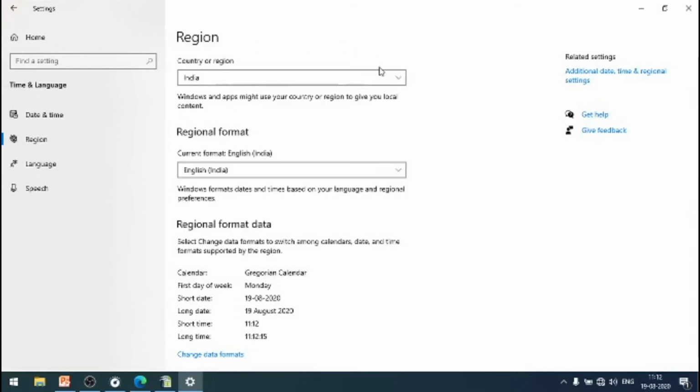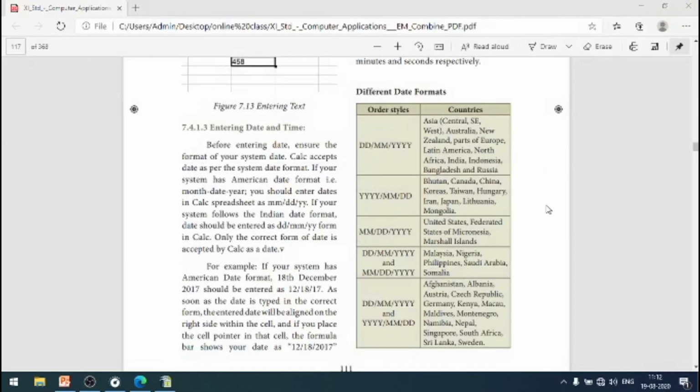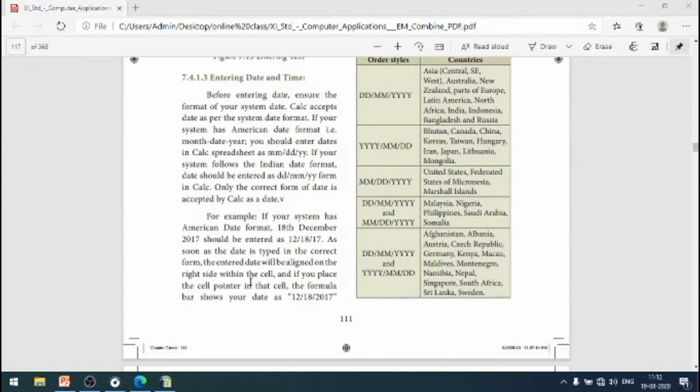So you can change it according to our requirements. I have already changed the time settings into Indian style, but by default it will be in US format. In US format, first the month will come, then date, then year. But in Indian format, first date will come, followed by month, then year.